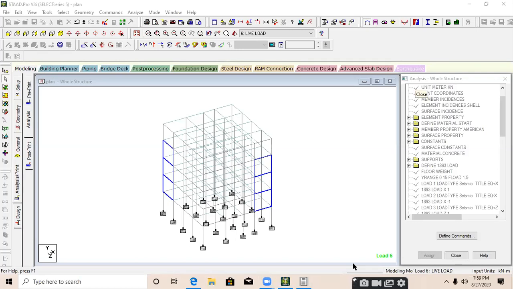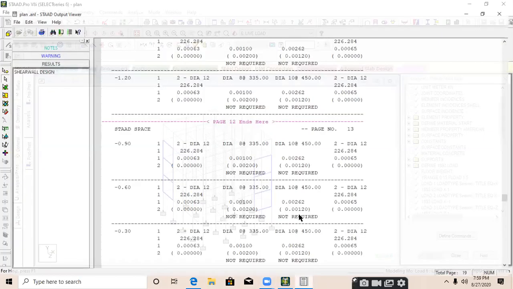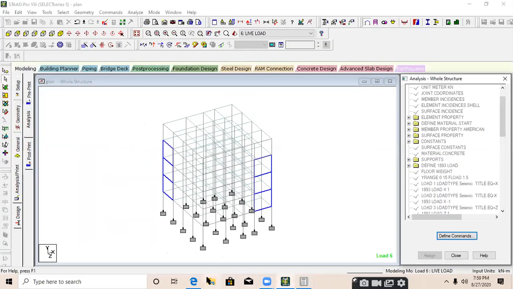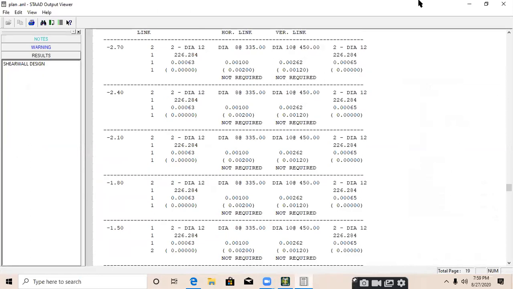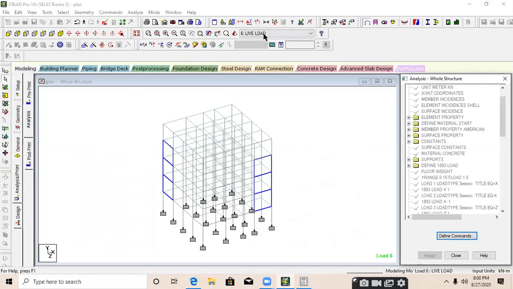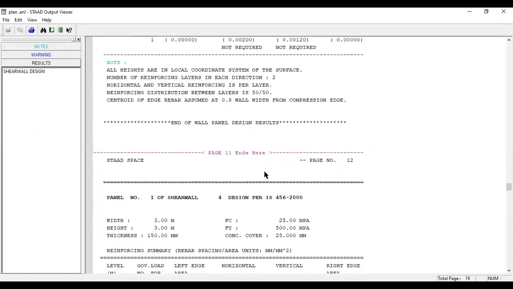Okay, guys, now it is clear. My output file is not visible, I think. Have you seen this particular output file?